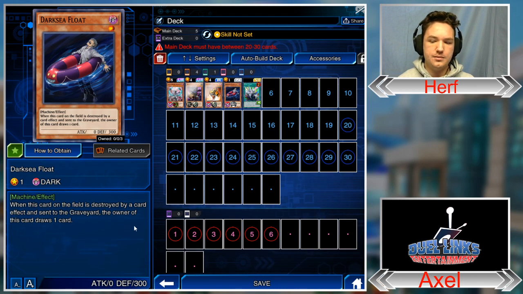Why is that? Yeah, so Dark Sea Float is important. It says when this card on the field is destroyed by a card effect and sent to the graveyard, the owner of this card draws 1 card. Now it's kind of a niche way of describing the text. Normally it says you can draw 1 card or you draw 1 card. But the difference between Dark Sea Float and a card like Samurai Skull,